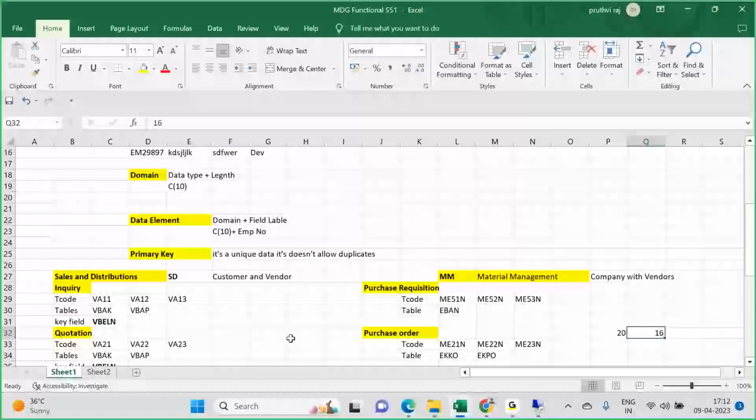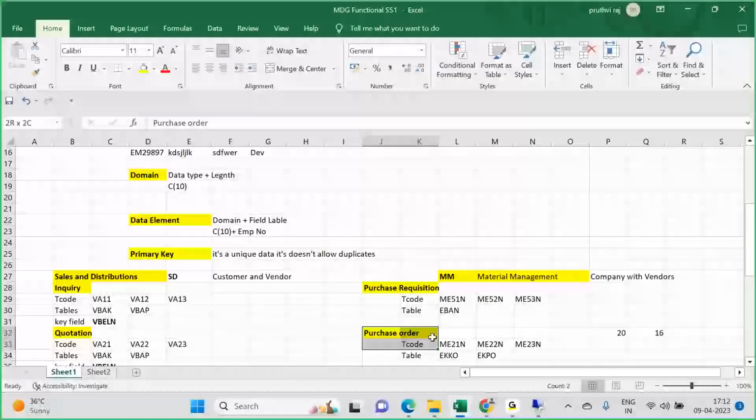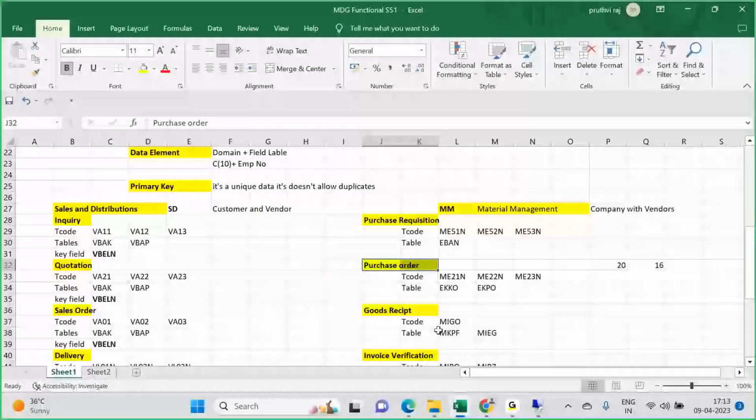So they will pack the 16 products, and they will maintain the purchase order. The vendor, who is selling these products, maintains the purchase order given to the team, given to the company. And once it is done,